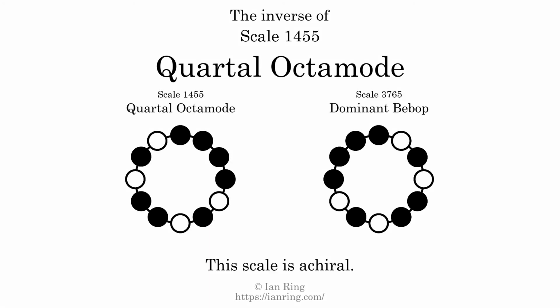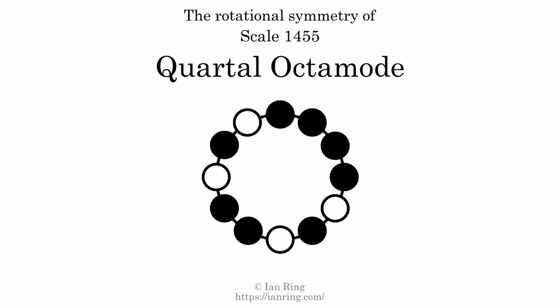The inverse of a scale is a mirror image. It is what you get when the sequence of intervals is reversed. The inverse of this scale is scale 3765, also known as dominant bebop. This scale is achiral, since it can transform into its own reflection by a rotational transformation. This scale has no rotational symmetry. For even more detail about this scale, visit